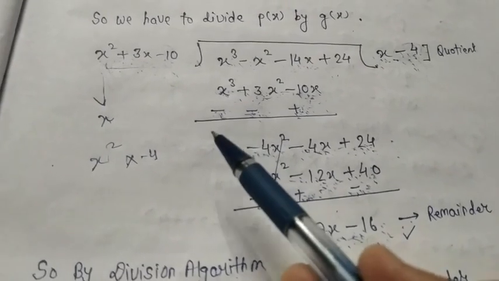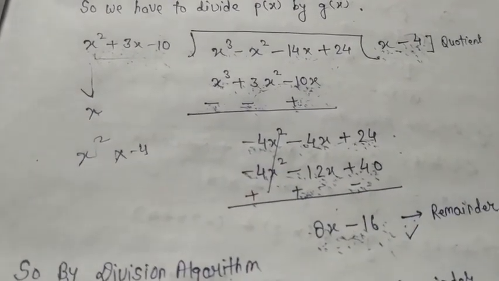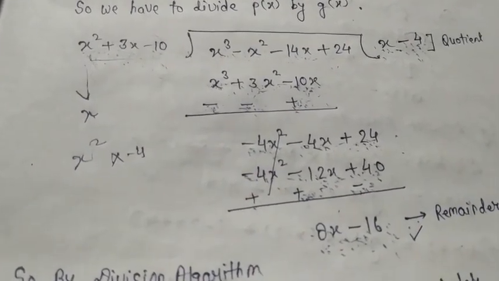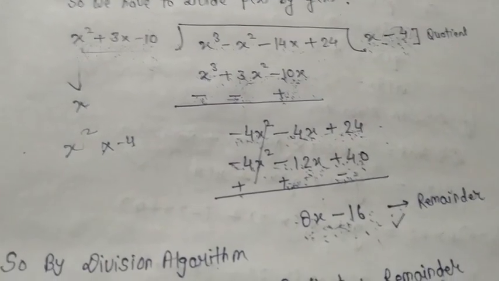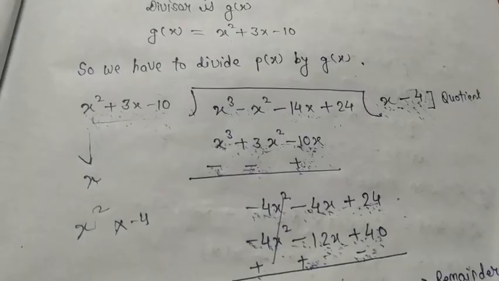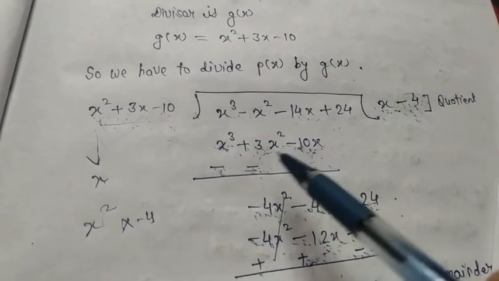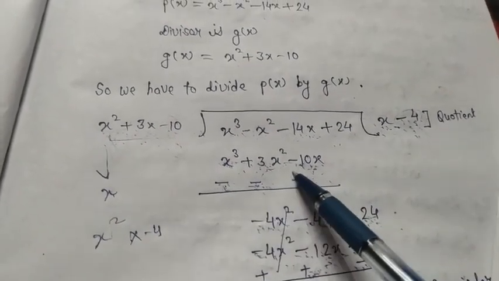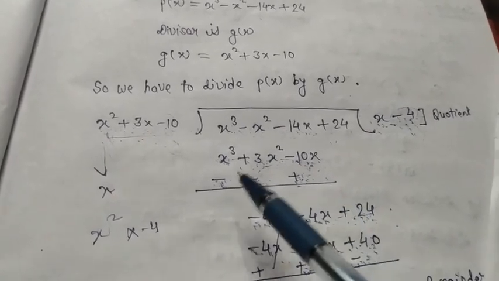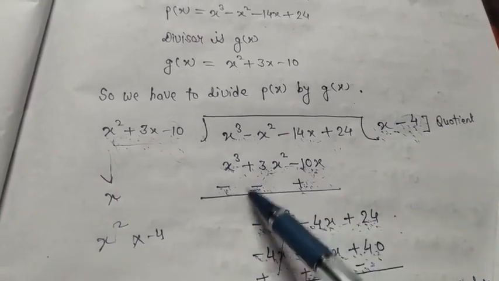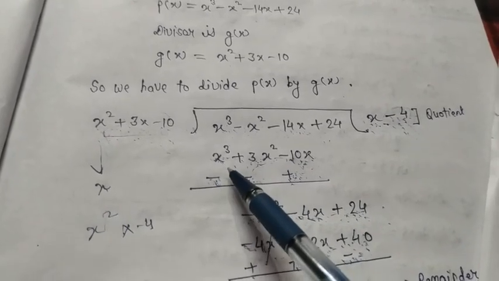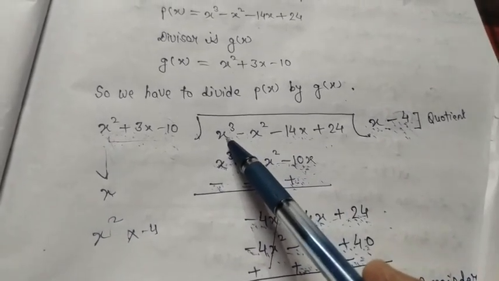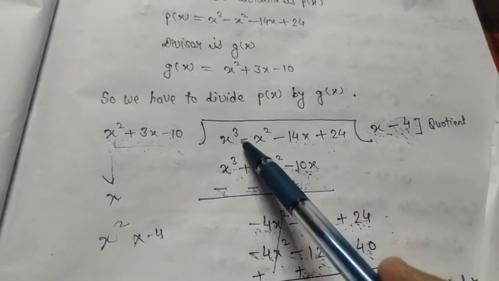So here is minus. Okay, now 3x square is positive, so its sign will also change, that is negative. So minus 3x square comes here. Now see, this x cube becomes minus, this plus 3x square becomes minus, and this minus 10x becomes plus. Now we have to consider only this sign, not the previous sign but this sign. So see, when x cube is subtracted by minus x cube, it will be cancelled.